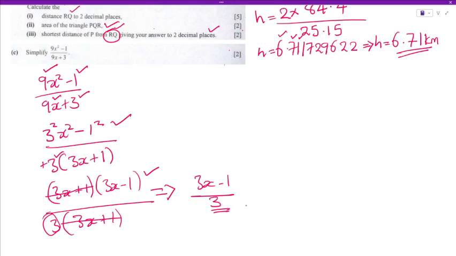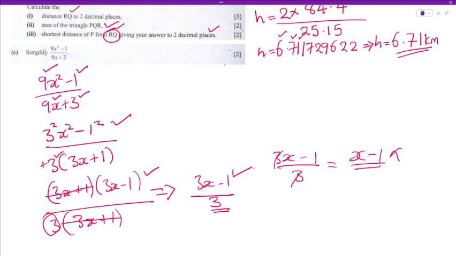Now, some students will make a mistake and try to reduce these numbers. 3x minus 1 over 3. And then they'll be like, okay, this 3 and that 3 cancel. So I remain with x minus 1. This is wrong. This is right. Okay, so don't do that. I remember also mentioning this the time we were looking at